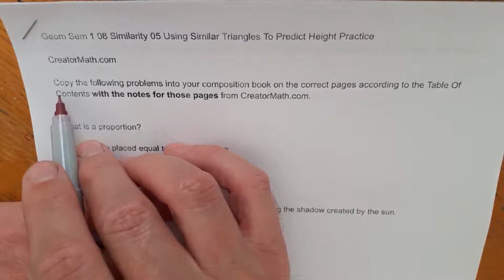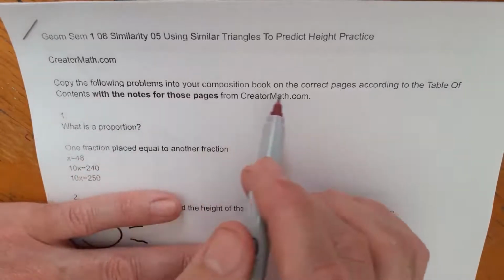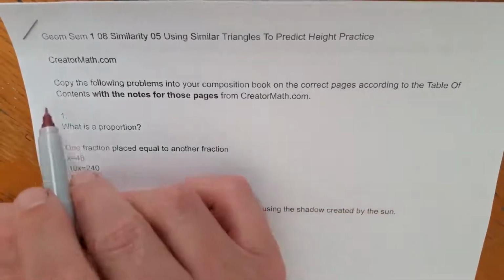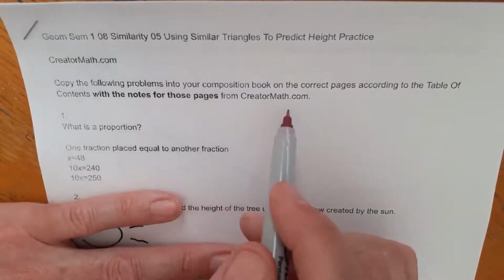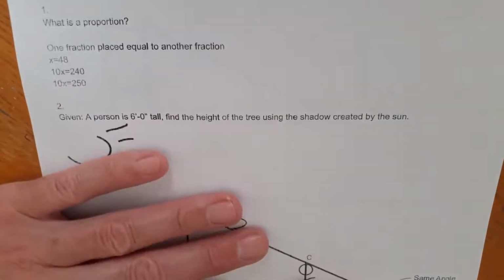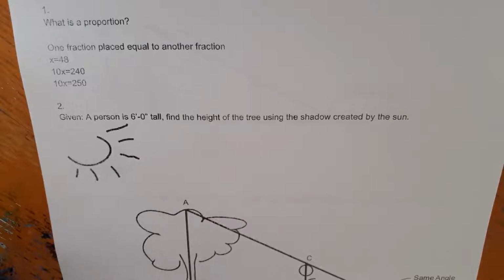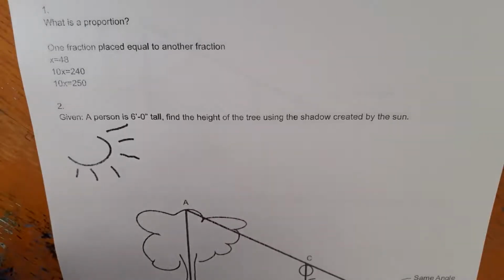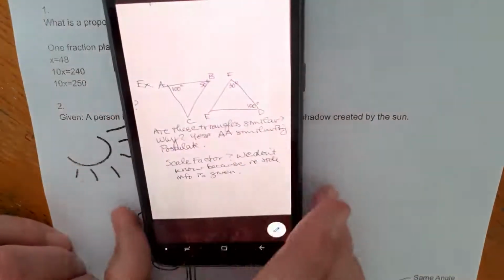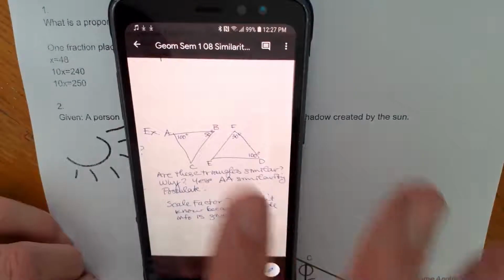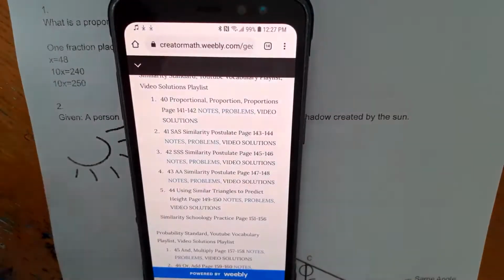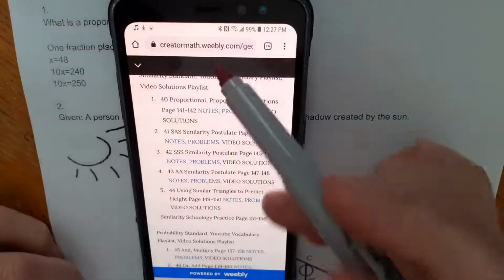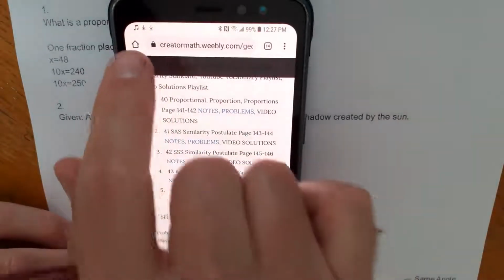The instructions of the practice set are: copy the following problems into your composition book on the correct pages according to the table of contents with the notes for those pages from creatormath.com. Let's show that really quickly. So here's the website name, creatormath.weebly.com, right there. Homepage should pop up